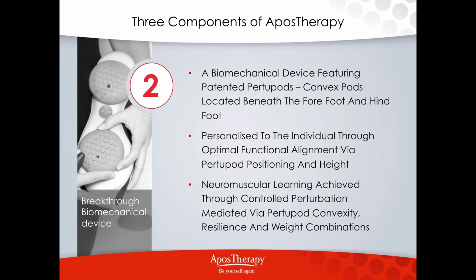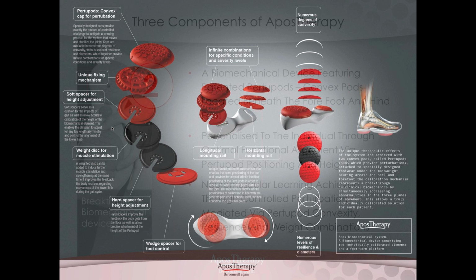The actual device itself: the shoe is essentially just something that enables us to attach the pods on the bottom. We'll show you a picture in a second and explain a little bit more, but we can change the positions of the pods very specifically to each patient, so it's very personalized, and by changing the position of the pods you can change where the force goes and therefore reduce pain in the joint. The second part, after you've reduced pain, is to challenge and train the muscles around the joint to work more effectively. Because it's on a slightly curvy surface, your muscles are asked to respond, and therefore you get a carryover and a benefit into your barefoot walking.